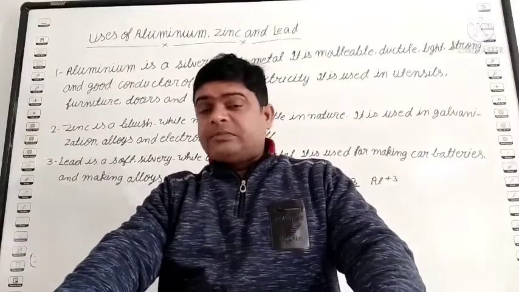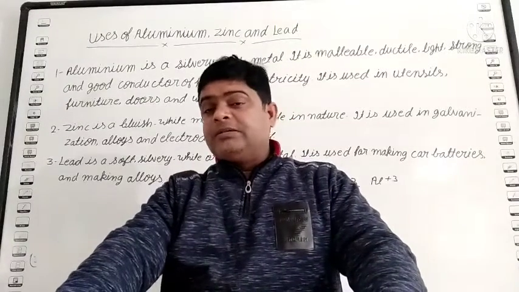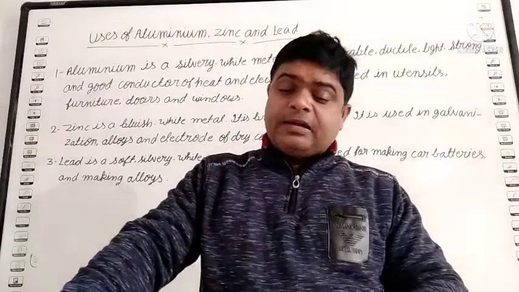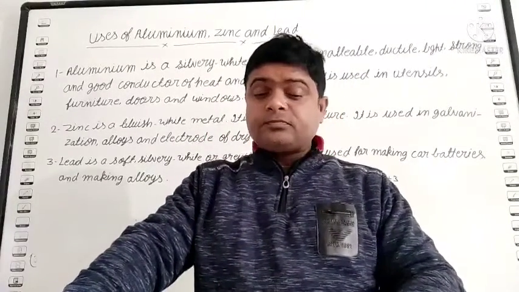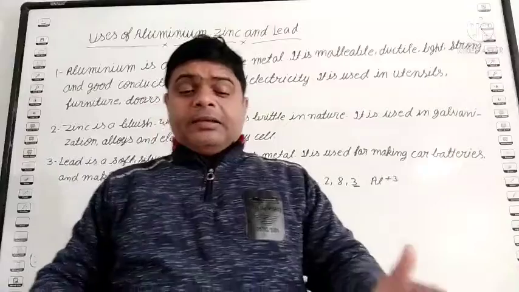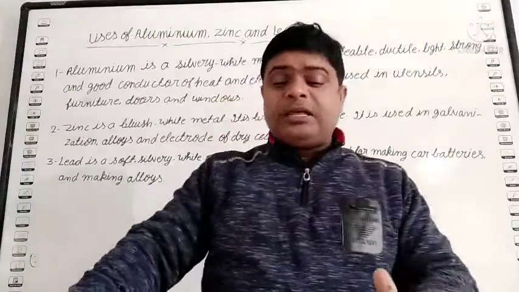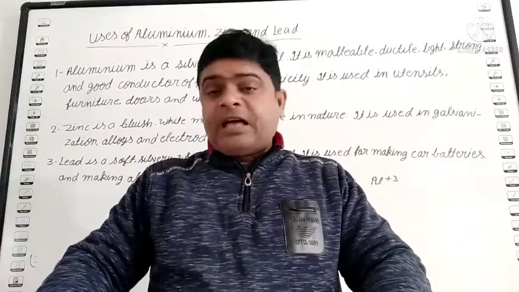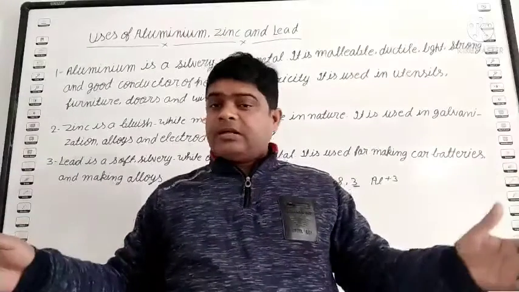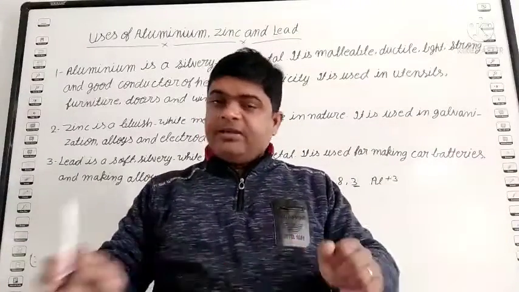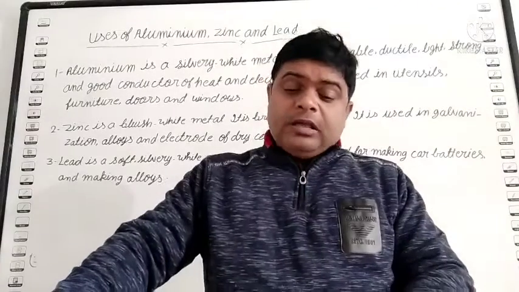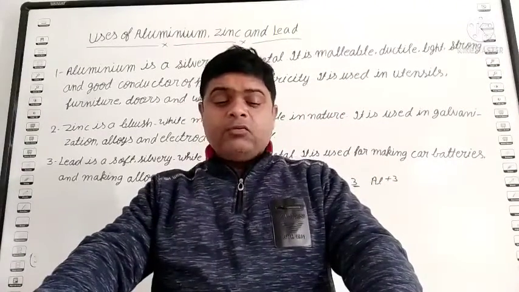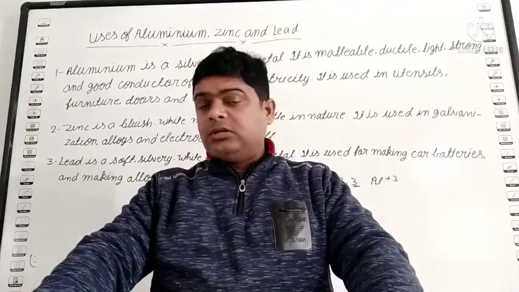This is the exception because many metals are good conductors of heat and electricity, but lead is a bad conductor. Okay, student. It is used in different ways, like it is used in lining for sinks, pipes or other industries. It is used for making car batteries. You know, student, you see the inverter battery, car battery, their cells are made of lead. Okay. It is used for covering underground electric or telephone cable to protect them from corrosion.